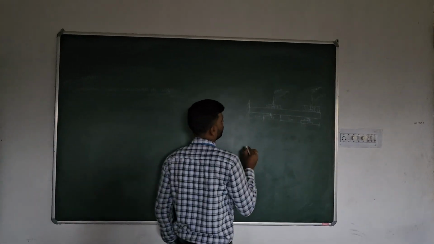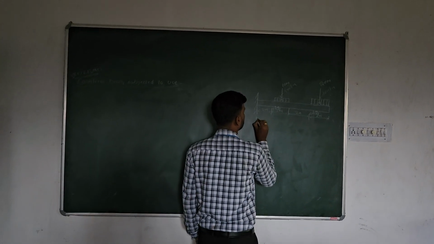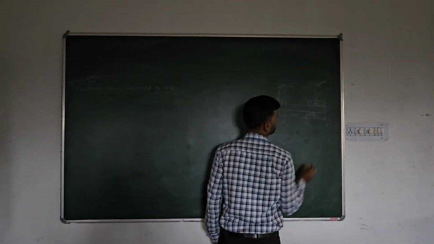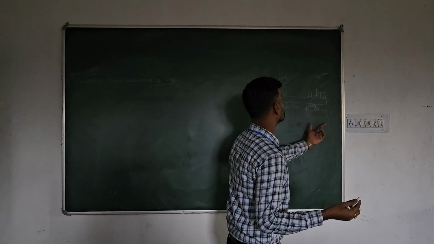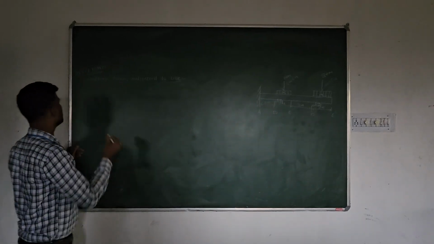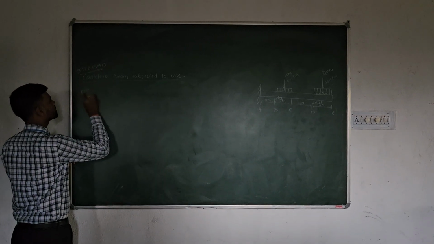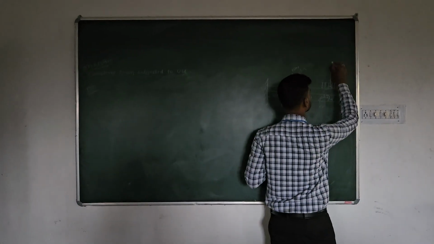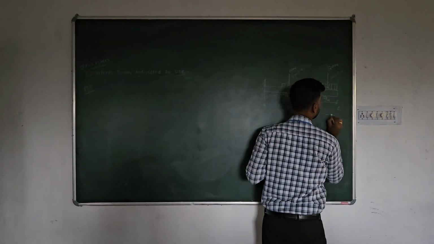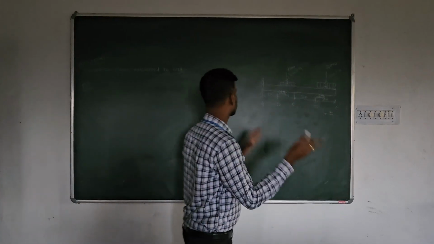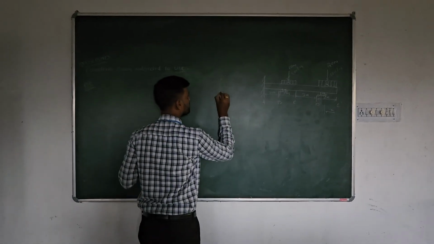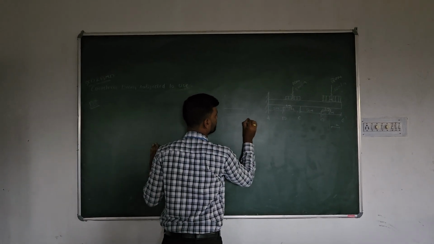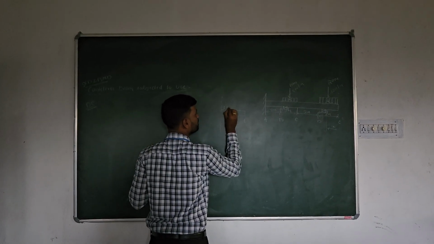As I had told you previously, first let us give names to the salient points. This is A, B, C, D, E. First we will consider section D, just like we did in our previous problem. For section D, take a cross section XX here at a distance of X from E. First let us draw that one here. This is the cross section XX, this is the member, and this is the point E. Here the uniformly distributed load is acting.